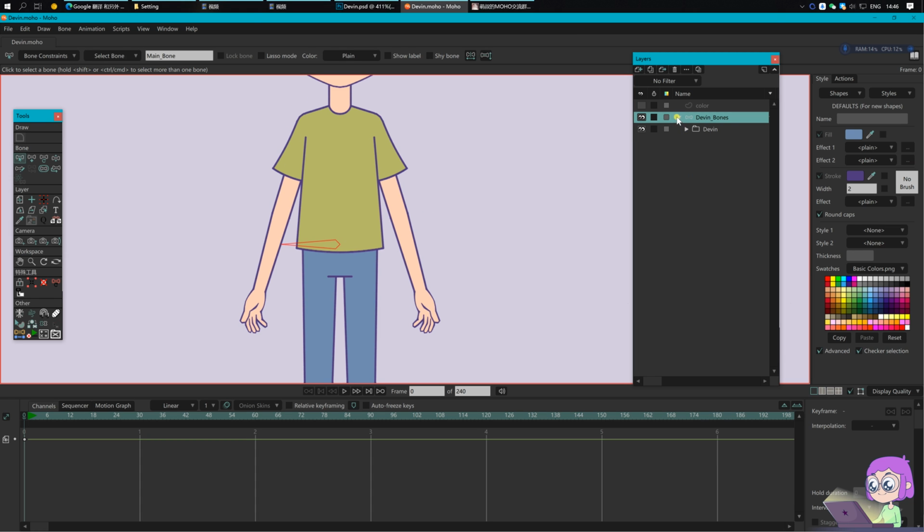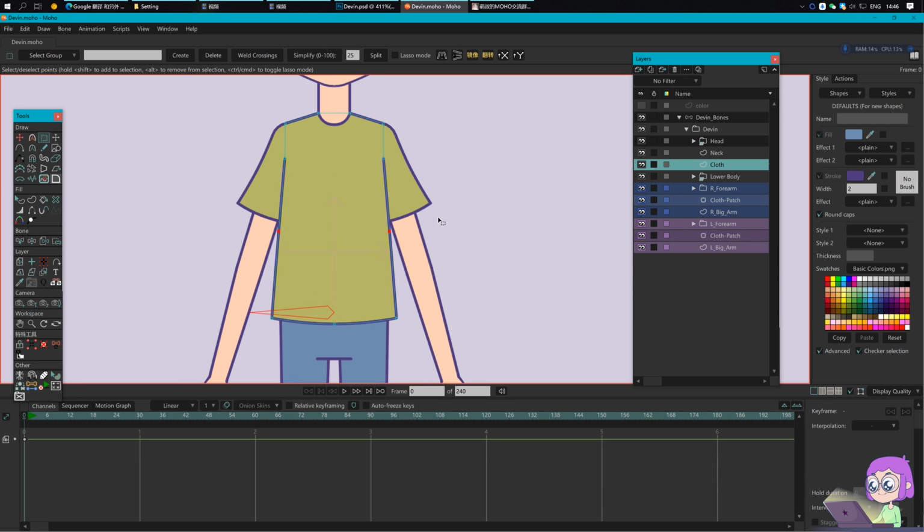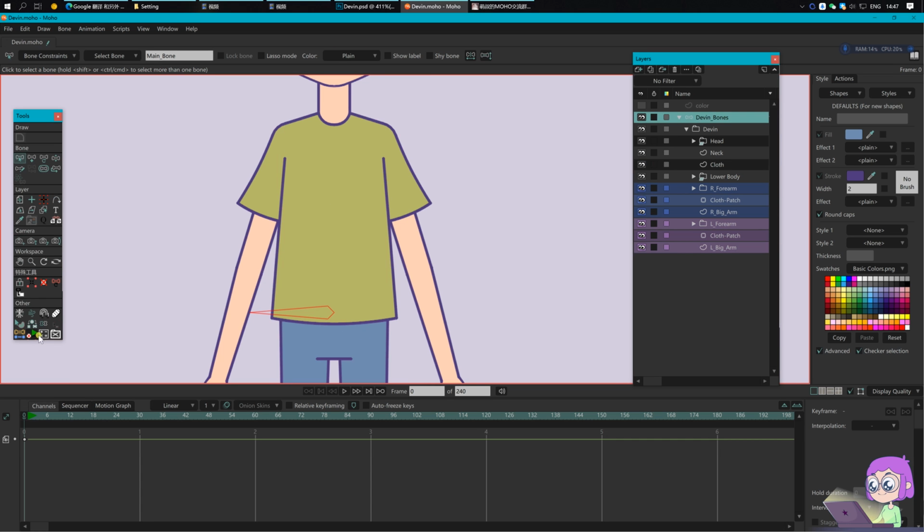Then set the bones of the body. First, I set a bone from the pelvis to the waist. I made a script myself. It can set a bone from one point to another point, which makes the length of the bone more precise. This character will have many bones, so remember to rename the bones.